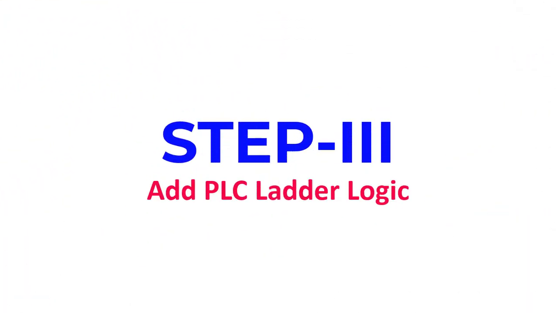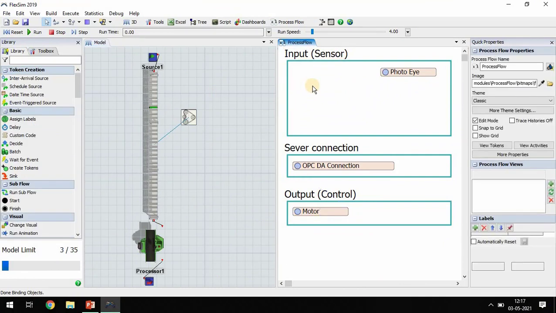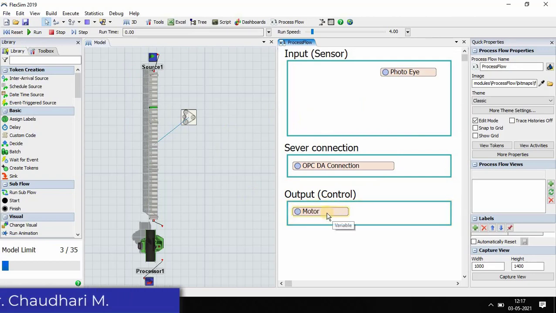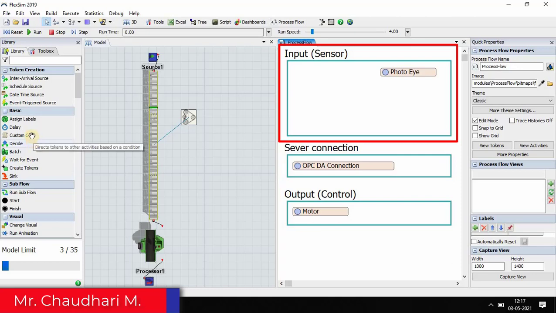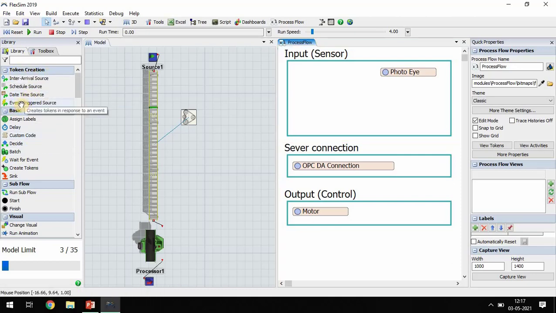So step number 3 is to add a PLC ladder logic. Add a PLC logic into the sensor, because the sensor communicates with the server and this server takes action on the output system. So click on this input and go to token creation. Here is the event trigger source.